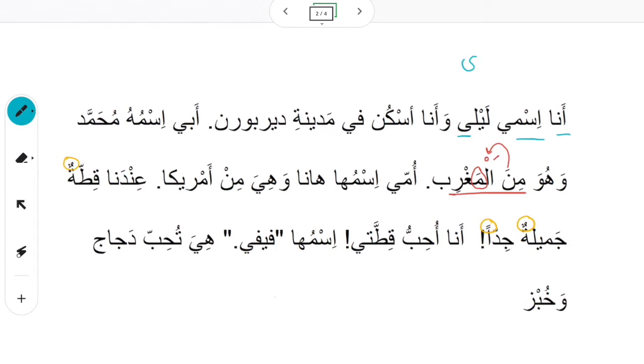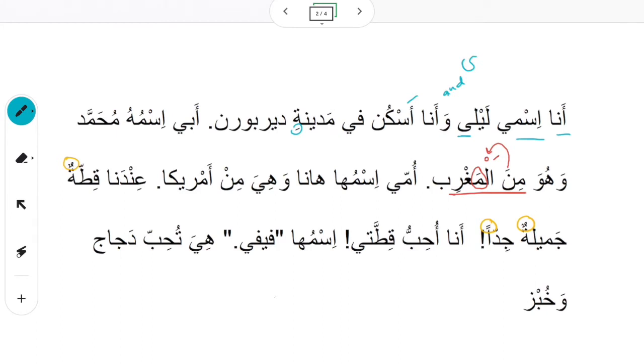Ana ismi Layla. Remember, when you have this letter right here, this is alif maqsura. It's an alif that looks like a ya, and we covered this in unit 10. So we pronounce it like a regular alif. It just looks like a ya, it doesn't have dots. Ana ismi Layla. So my name is Layla. Wa ana askun fi. So this wa just means and. Wa ana askun fi